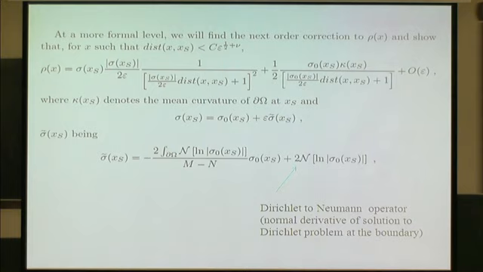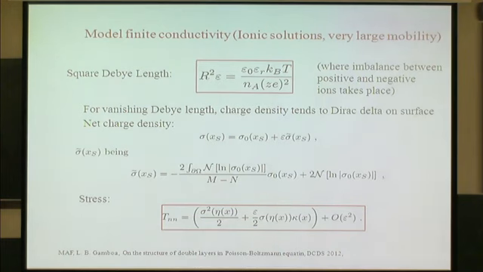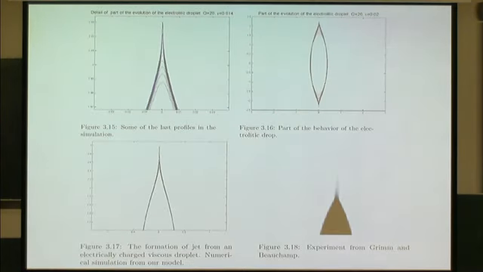The good thing about this is that if your rho has a very explicit expression in terms of epsilon, you can plug it into the hydrodynamic problem and make things much simpler. So you don't need to solve the distribution of charges everywhere, you only have to use this formula inside Navier-Stokes or Stokes. You can compute the leading order, which is going to be the normal stress, which is the main thing, and you find that it's the same as you would have for the perfect conductor case, plus an order epsilon perturbation involving the curvature, the geometry of the drop. So you use the boundary condition in a Stokes system, and this is the final result.